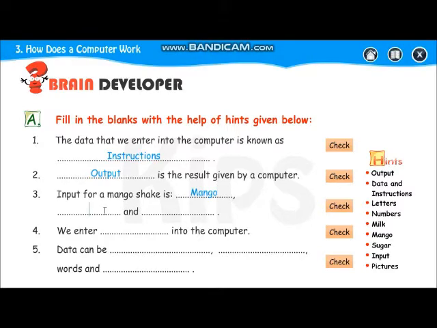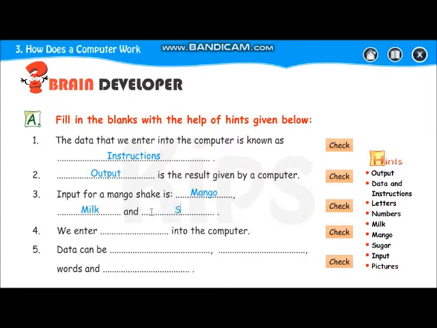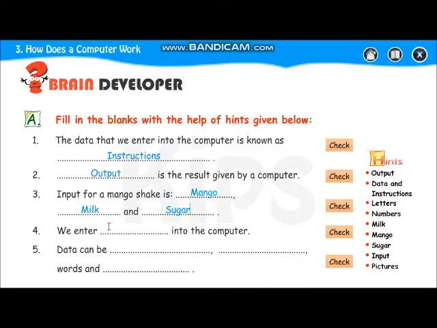Then what is there in a shake? It will be milk, and to make it sweeter we will add sugar. So what do we have to do? Mango, milk and sugar. We enter dash into the computer. What do you enter in the computer? You enter